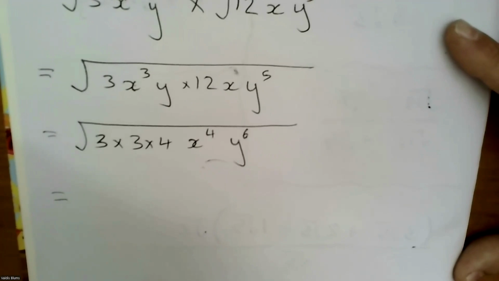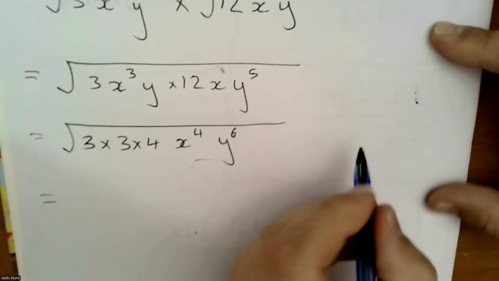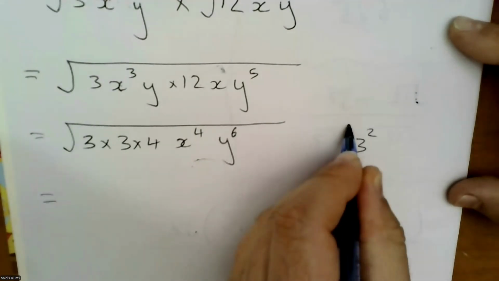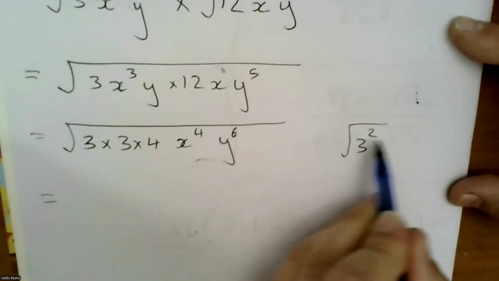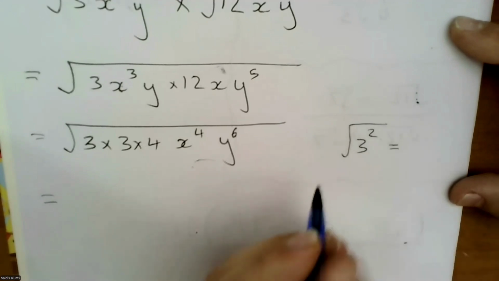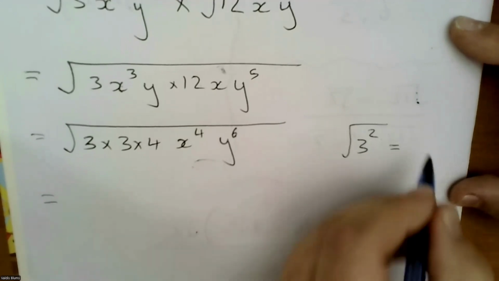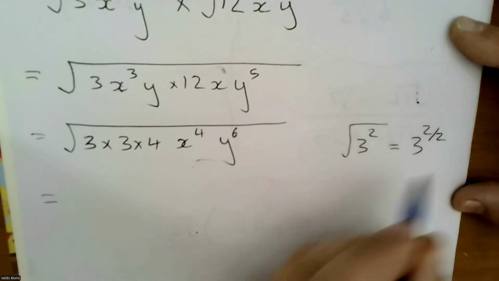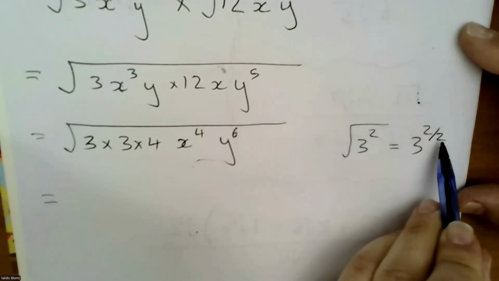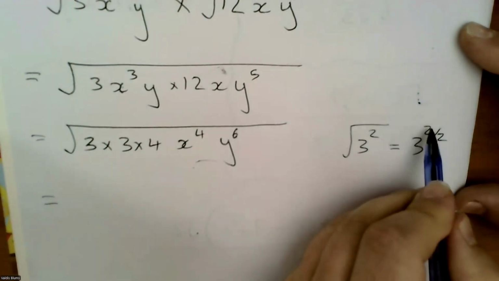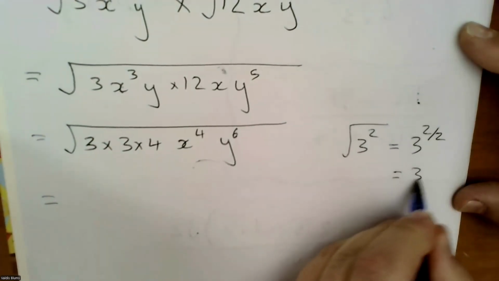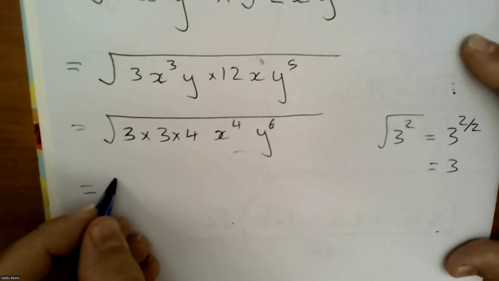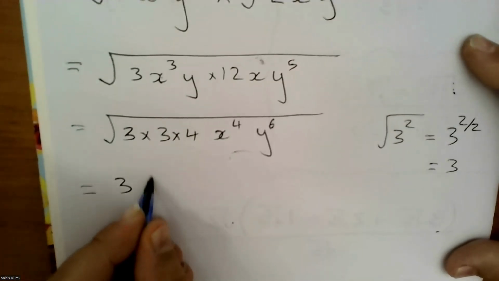Now, what's happening when you pull something out of a square root symbol? If I have 3 squared all within a square root, when I convert the square root into a power, that is the denominator in the fraction of the power. So that becomes 3 squared over 2. So that square root is the denominator in that power. And then 2 divided by 2 is 1, so you're left with just 3. Okay, so we now have 3 square root